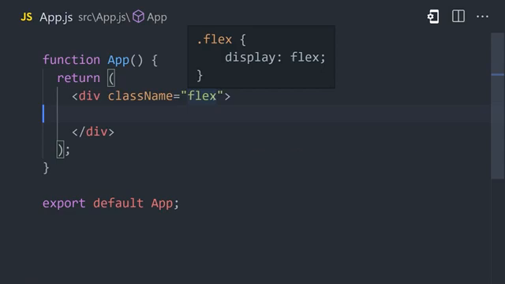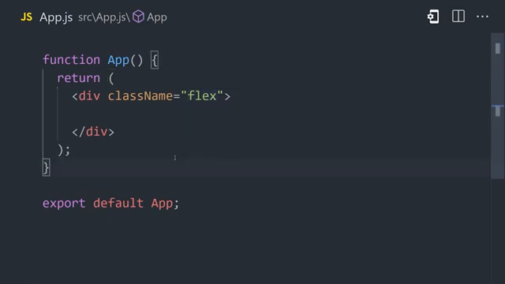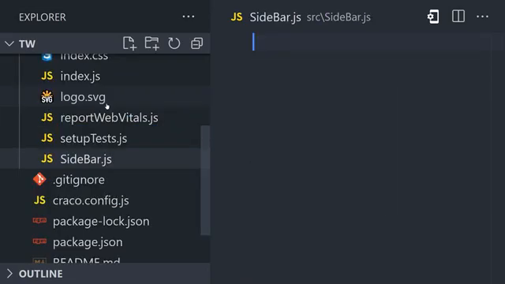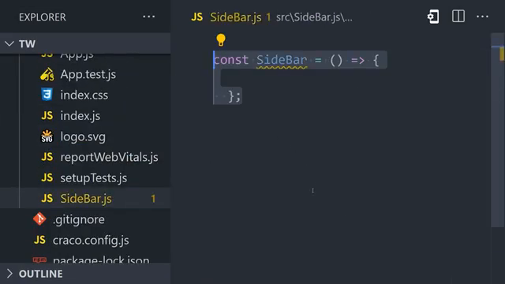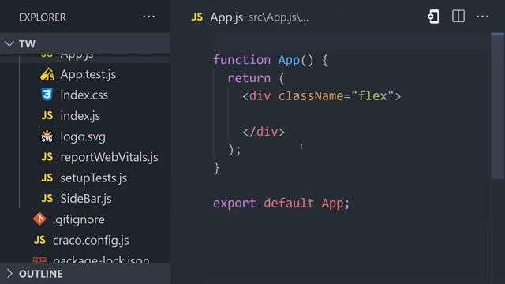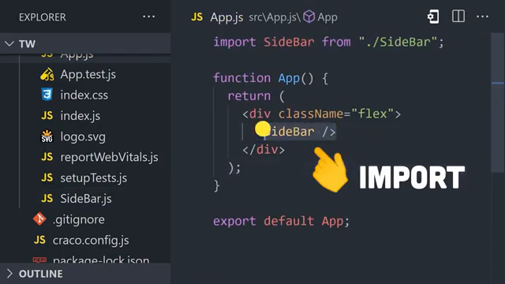That's easy enough when you have one class to apply, but things get much harder to maintain when you have dozens of classes to apply to an element. The best way to keep your UI organized is to break it down into smaller components, which we can do by creating a new file like sidebar.js and then export a functional component from it called sidebar. Once that's done, we can then import that component from our main app component and declare it inside of the